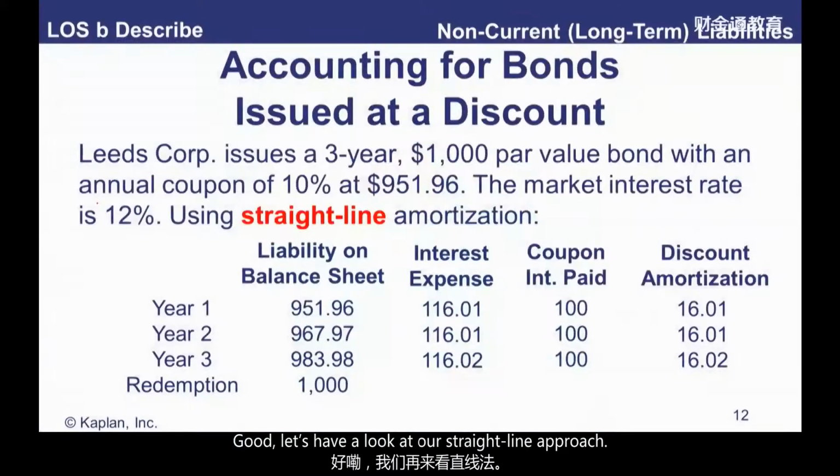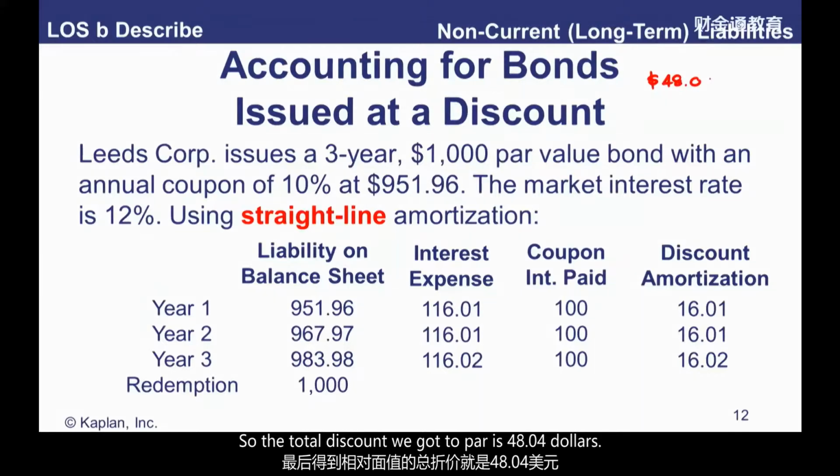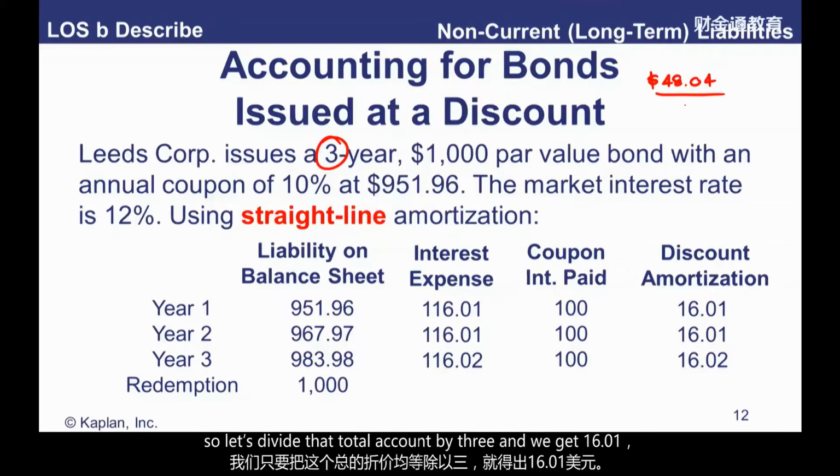Good, let's have a look at the straight line approach. Now the straight line approach is really more simplistic. What it's going to do is just look at the total discount. So $1,000, the par value of the bond, minus 951.96, the proceeds received when the bond is issued. So the total discount that we've got to par is $48.04. We then say, okay, it's a 3-year bond, so let's divide that total discount by 3,